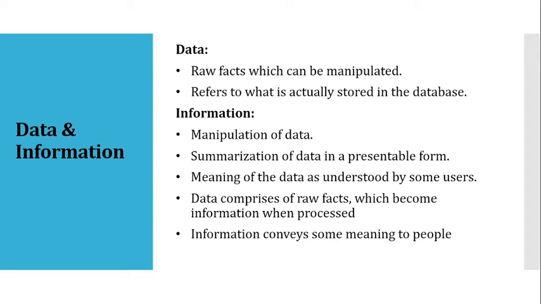So accuracy, timeliness, and relevancy are three key attributes of information. Let's see one by one. Accuracy means that the information is free from mistakes and errors. It should be accurate, and based on this accuracy, he or she can make the decision. Timeliness means getting the information to the recipient or user within the needed time frame. That is the most important.